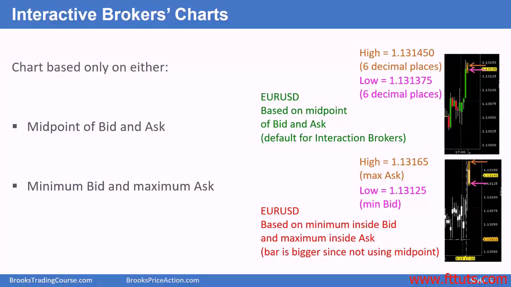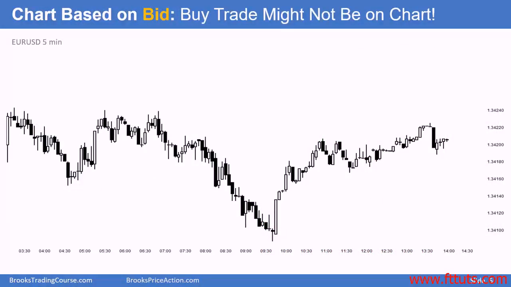The charts are not going to be exact, even with one broker, because some traders will be looking at the charts constructed this way, other traders will be looking at charts constructed another way. Now, there's something that's interesting about Forex charts that is different from other types of charts, stock market charts and futures charts. I said that the default for FXCM charts is that they only show bids, not actual trades and not the ask. And because of that,